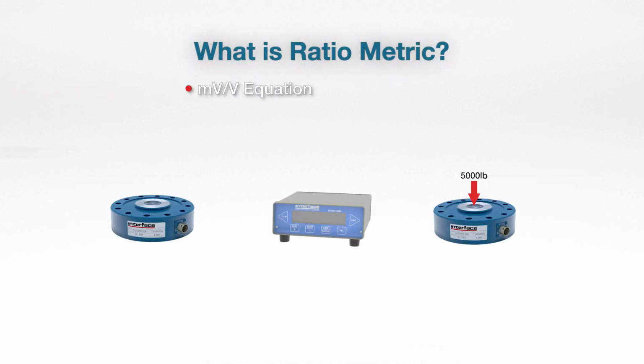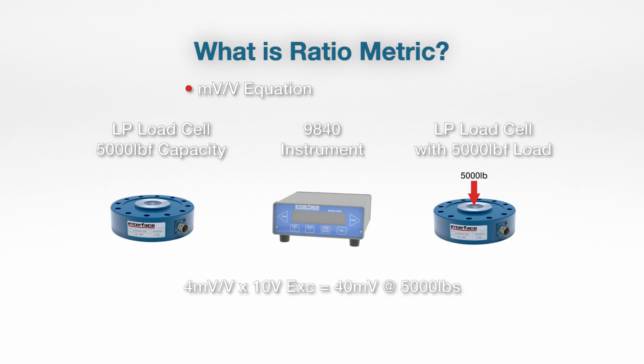All right, so in this example, we've got a 5,000-pound load cell connected to an instrument of some kind. In this case, this is our 9840, and then we have a load placed on the load cell. So again, we're going to assume a nominal output of 4 millivolts per volt, and assuming 10 volts of excitation, that means at full scale with 5,000 pounds on the load cell, you would see a nominal output of 40